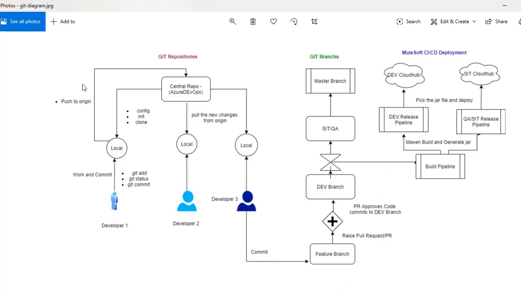Okay, let's see step by step. In this part 1 video, we will discuss these repositories and how we can commit the code, and pull and push the code between the remote and local repositories. In our part 2 video, we will discuss these branches and how to build this pipeline. And in our third video, we will see what the release pipeline is and how to build it.